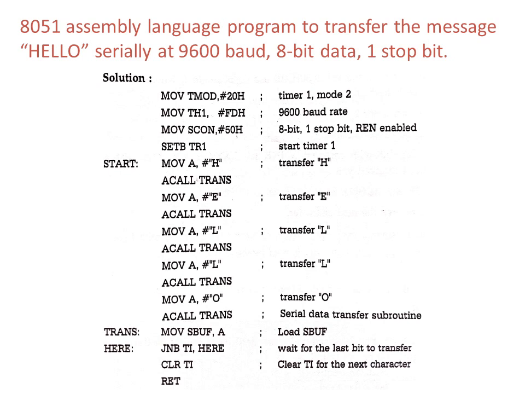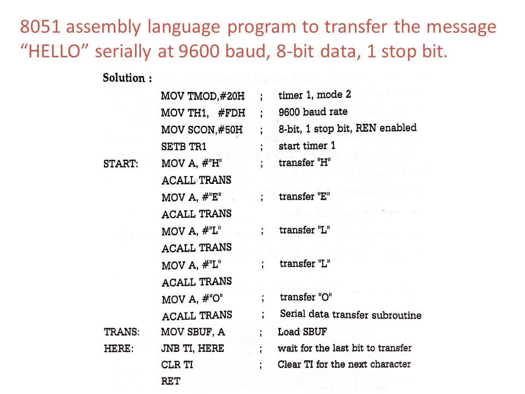So here what happens is, any letter copied to SBUF will be transmitted serially. Now after that, what we need to do is check whether the transmission is completed. If the transmission of the data is completed, the serial buffer sets the TI flag. So before transmitting the next letter, we should check whether the TI flag is set or not. If it is set, we can transmit the next letter. If not, we should wait for the completion of the transmission. That is what is done next.